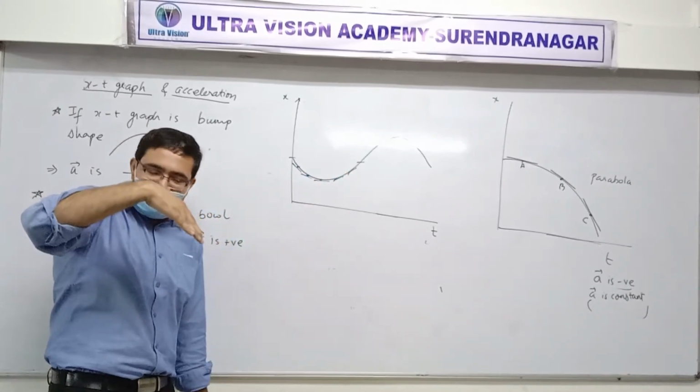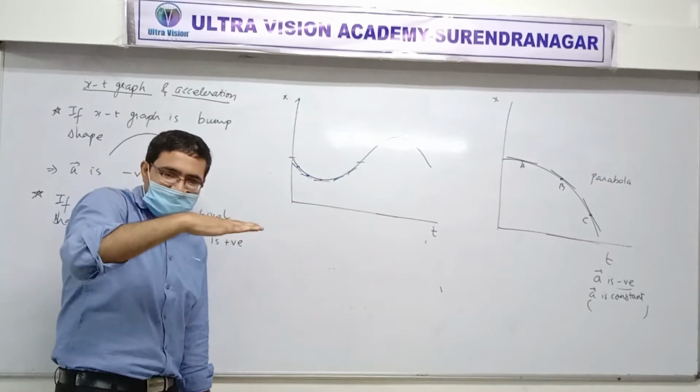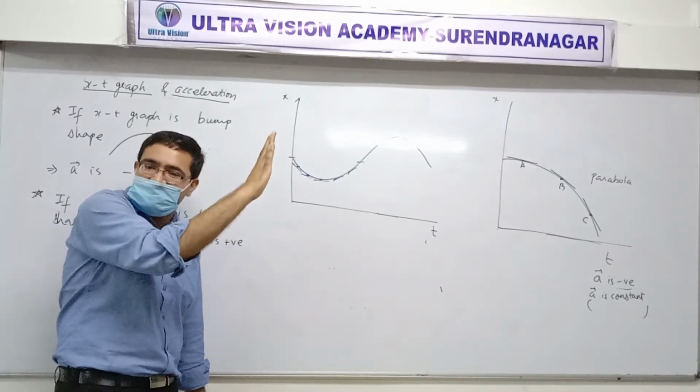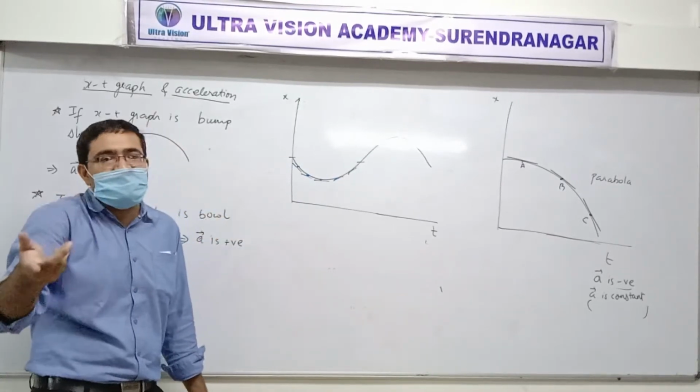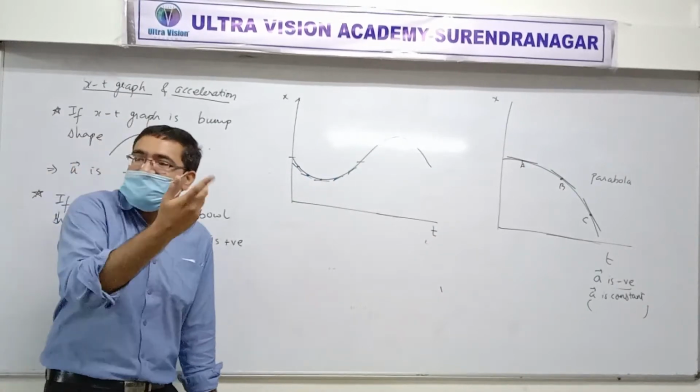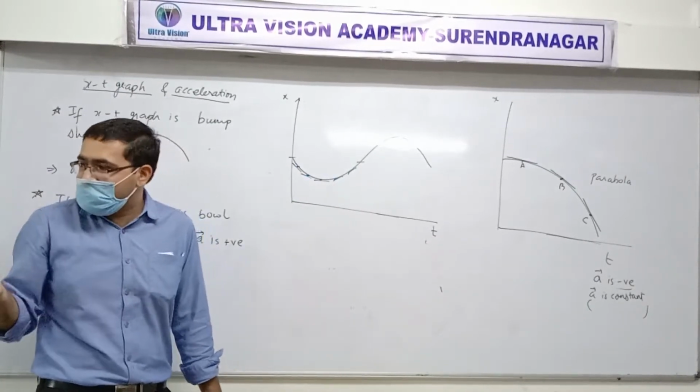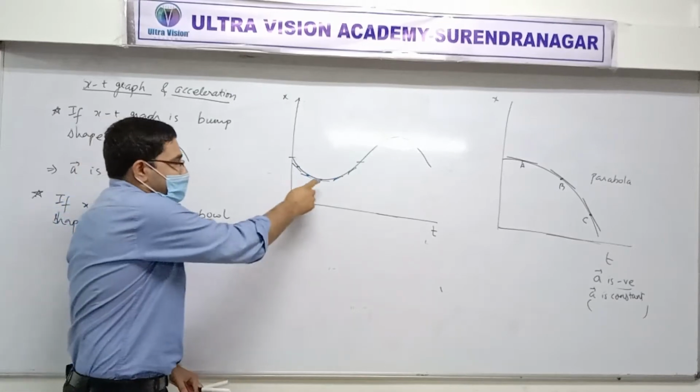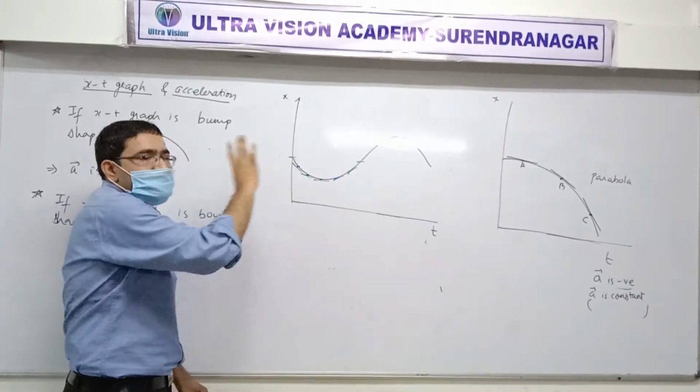So basically the velocity was negative, less negative, 0, more positive, more positive. It means velocity is changing towards the positive side. From negative it is going towards the positive side. Did you get that? Yes. So that's why in this part acceleration will be positive.